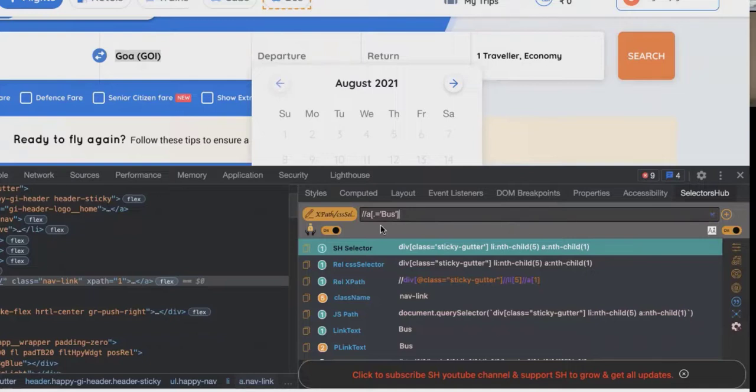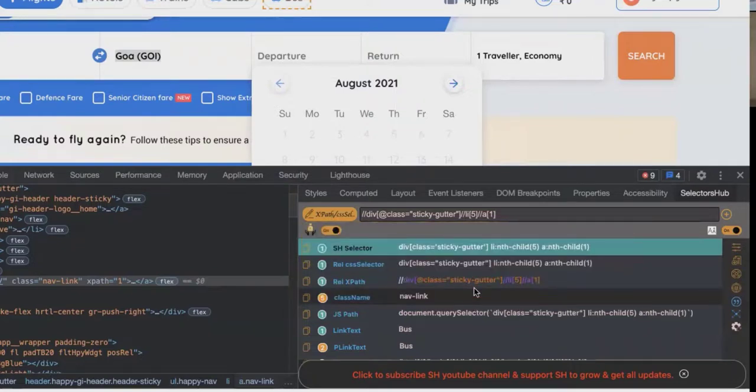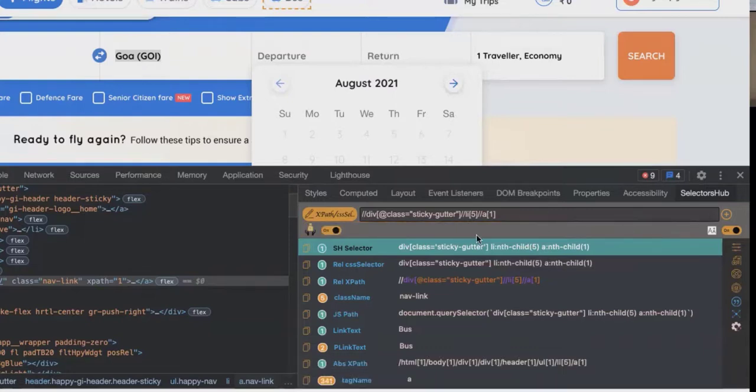Suppose I have saved one, let me save one more. So now we have saved a couple of them. There's a delete all button. You click on that and then clear all. We cannot delete them one by one, because then there will be too many. Maybe I can add that feature in a future release. Currently, only delete all is there.